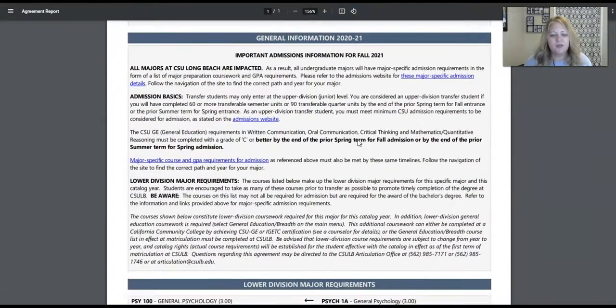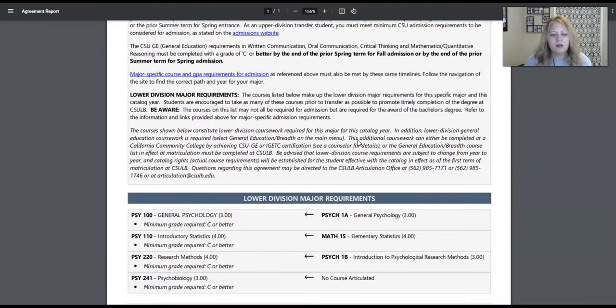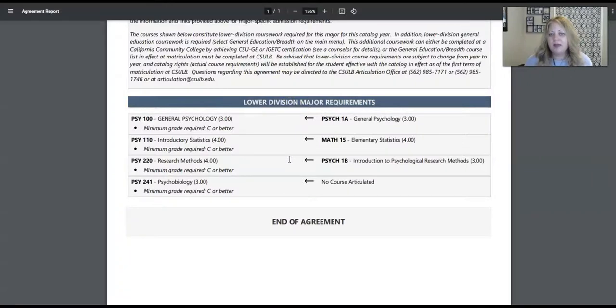You'll learn more about that. So they have more information written up top that you would want to read about, but more similar to Chico. Psych 1A, Psych 1B, that's what Chico wanted, and Math 15. Very common for a psych major to require stats, okay? So you want to research the schools, the requirements, and see what you would need.